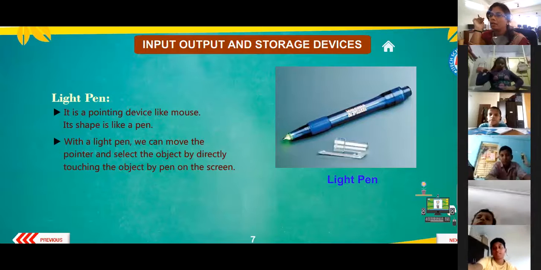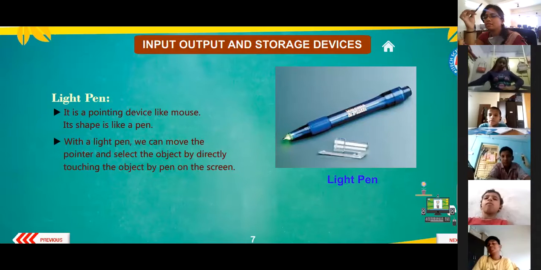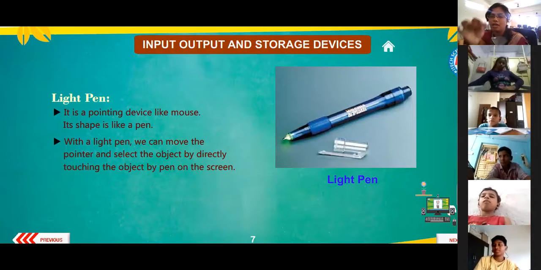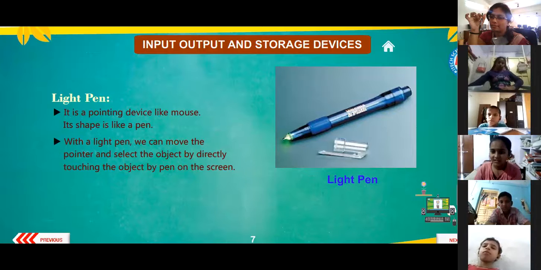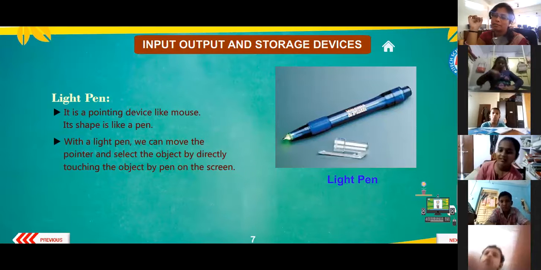I don't know if you people get a chance. We don't have a light pen as of now; I can just show you the picture. If you want to see a live light pen, how many of you have gone to Asian Mall, Gulbarga Asian Mall?